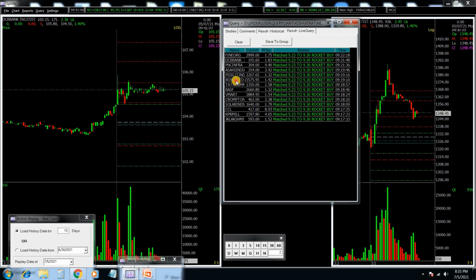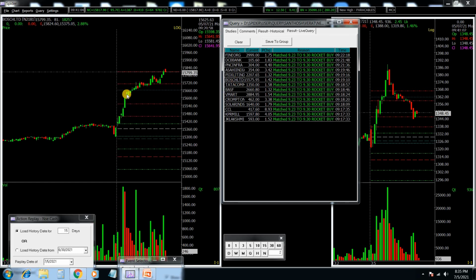So the strategy showed that with Bosch, we confirmed the trade immediately after crossing the second red line. It crossed this also, and we see a tremendous rally. So viewers, you understand how we have been making trading simple. A trader needs to make his system simple by creating formulas with whatever conditions you want to integrate.